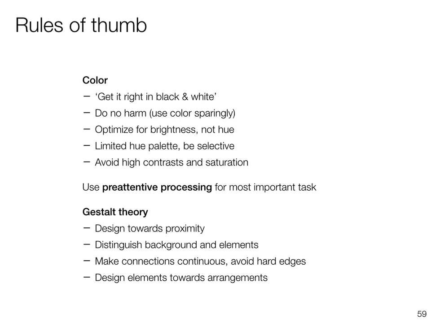Actually, we just looked at the distinction between background and foreground, to design connections that are continuous and therefore easier to perceive, and to think about how the elements can be designed so that they can be perceived as arrangements or as groups,